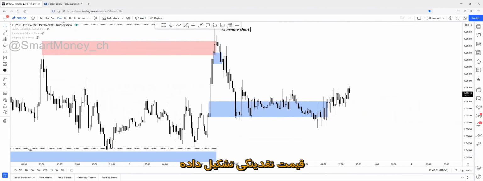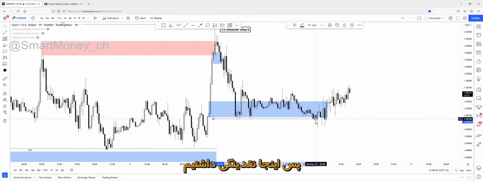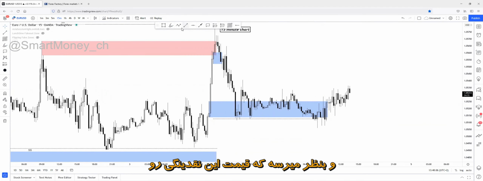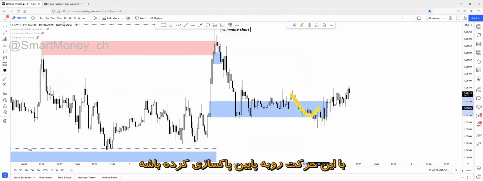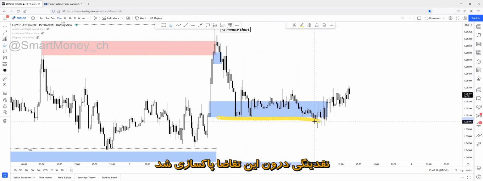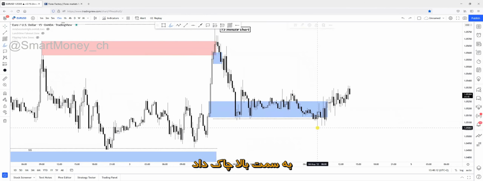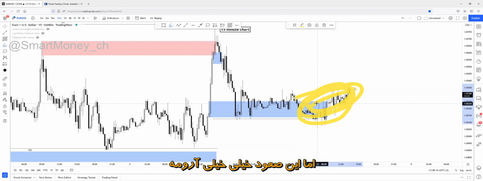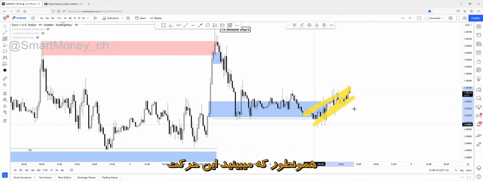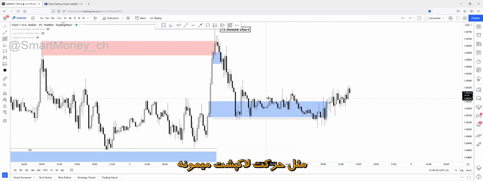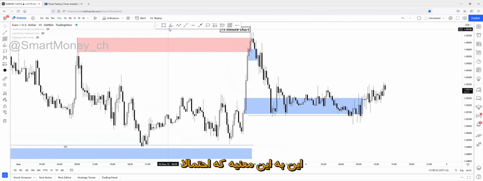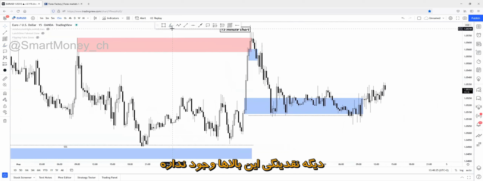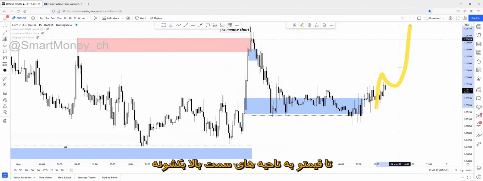But inside of this demand zone, price created liquidity. So there was liquidity here, and it seems like price swept this liquidity to the downside with this movement, as you can see. Liquidity inside of this demand, sweep of the liquidity, change of character to the upside, long continuations. But these long continuations are really, really slow, as you can see. So these movements are slow as hell, meaning there's not enough liquidity in the market to actually push price to higher price action regions.